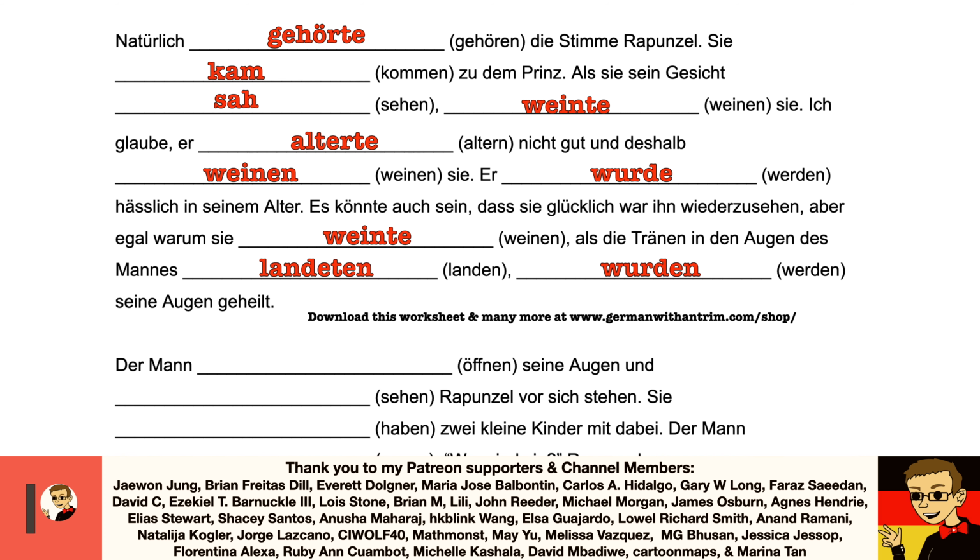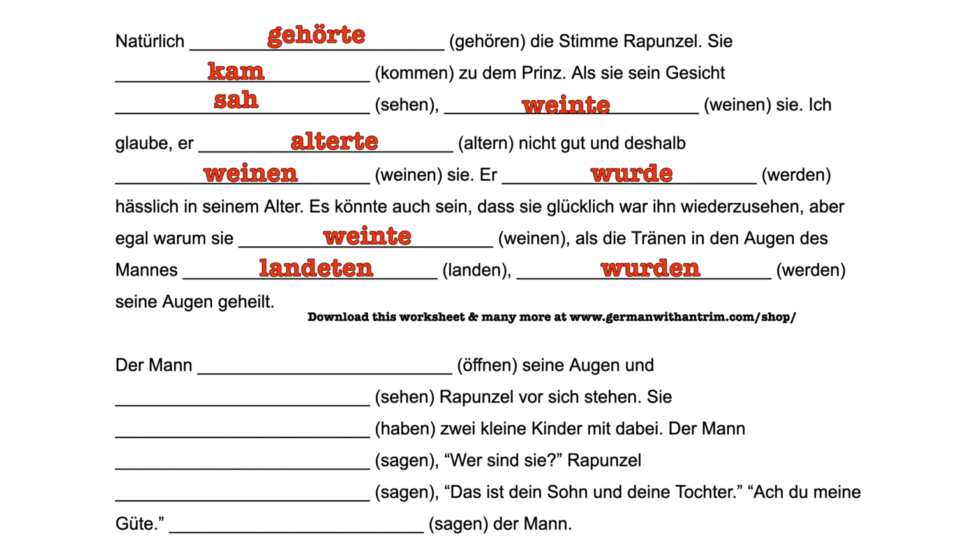Der Mann, and a form of öffnen that we need in this blank to go with der Mann. Öffnen is a regular verb, so again just a te ending for the RZS form. Öffnete. Don't forget, because we have two F's and an N at the end of our stem here for öffnen, we can't really say that without having an extra syllable, so we have that extra E in there for pronunciation purposes. So, öffnete instead of öffnte. Der Mann öffnete seine Augen. The man opened his eyes.